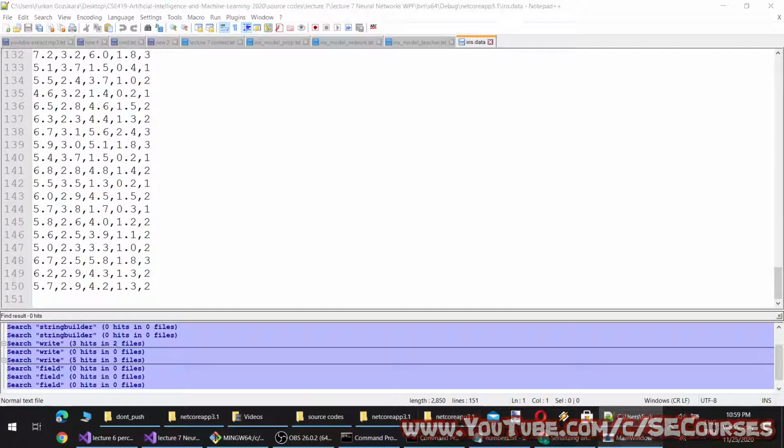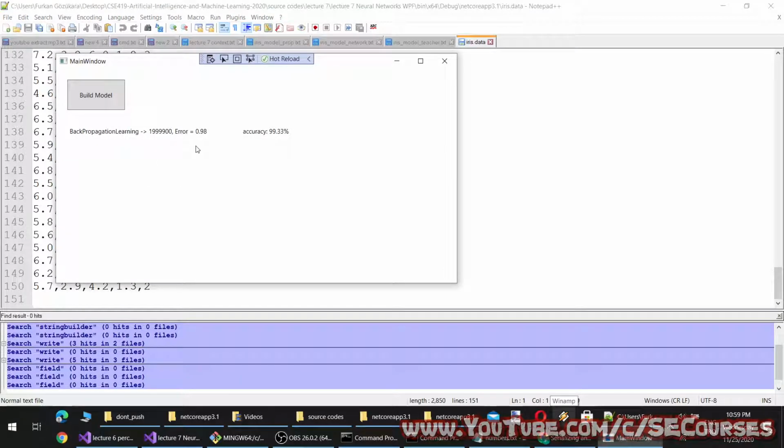However, this is more like overfitting and memorization. Okay, why is that? Because we have tested the model with the data it has seen.